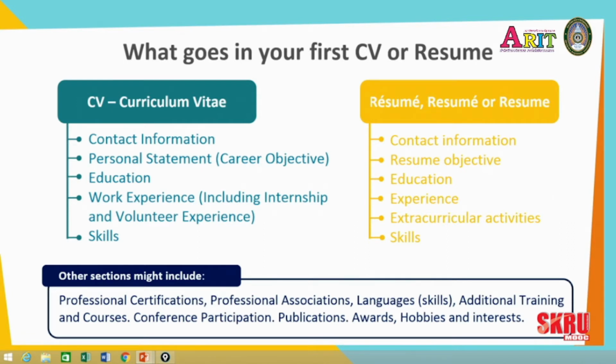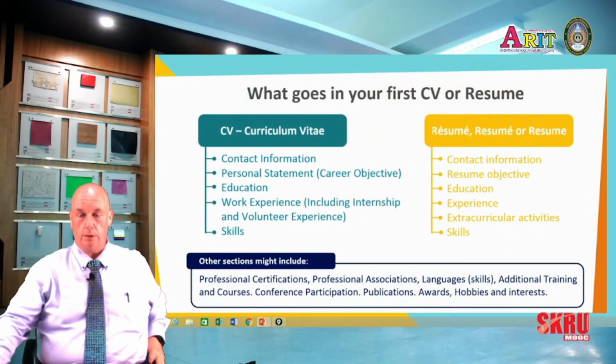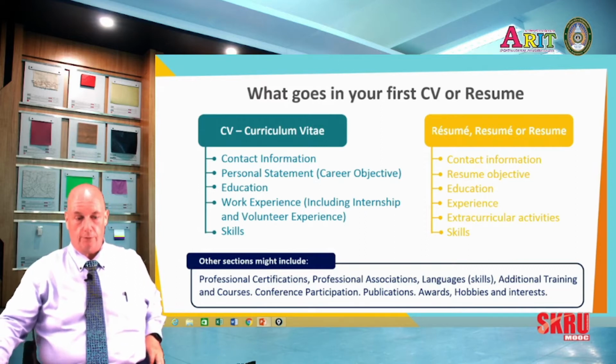We want some kind of objective or personal statement. This is where we would tell the employer about ourselves, a chance to set yourself apart, what you're looking for from your career or the purpose of your resume, or what you're trying to achieve. We always show something about our education and our work experience. We could also within that include any sort of voluntary work or things like that we've done during our time at university, for example. And we may also include skills as a section to show the abilities we have.